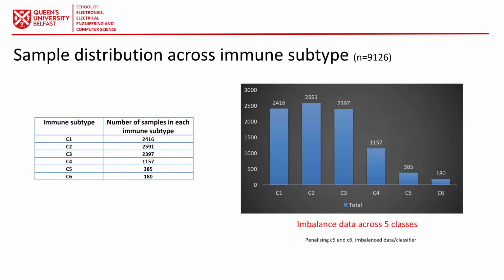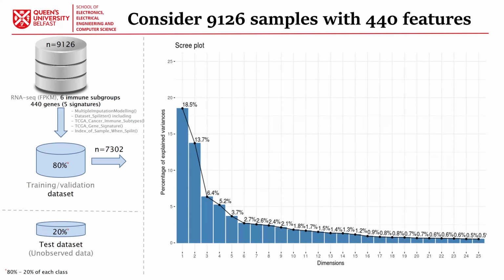Okay, just another thing that I think was part of your individual coursework, as far as I remember, we have 6 immune subtypes with this number of samples, and we had the characteristic of imbalanced number of data across this immune subtype as well. Okay, so this is the sample distribution across immune subtype. So I'm going to come back to this plot. So just for clarification, we had 9,126 samples. I decided to